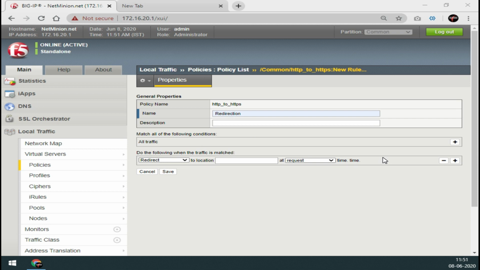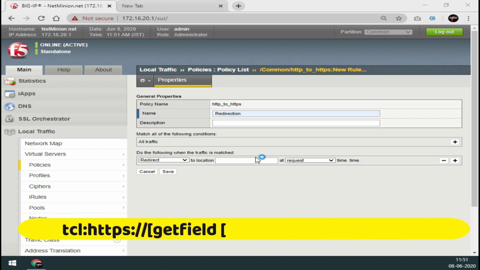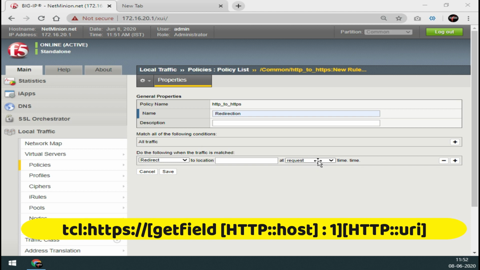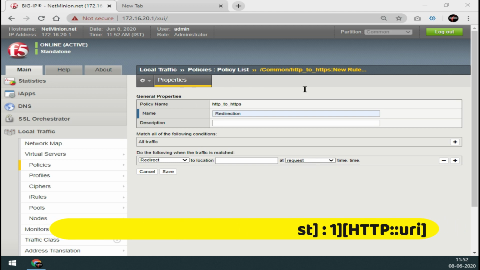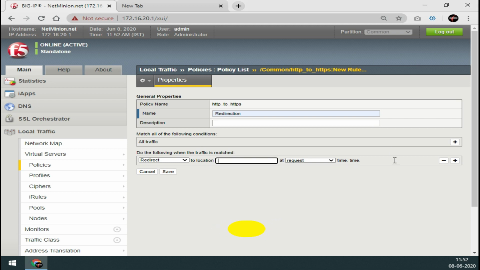So now the question comes for you. If it is redirecting, where do we need to get it redirected? We need to redirect it to the virtual server which is using HTTPS, using your policy. Now let us use the TCL kind of language, so that all of my traffic goes to the TCL interpreter first, and I will use the get field and all of the stuff again, and I am putting the same kind of stuff.